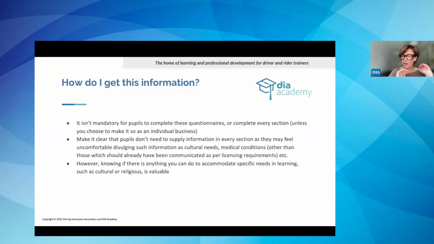So you can have a pupil profiler that has sections that are mandatory and sections that are voluntary. They're just useful to know. It's not pivotal to safety or designing the learning journey that you have that information. You can add context for why you're asking the question, and that's always useful by having standard notes underneath the section.